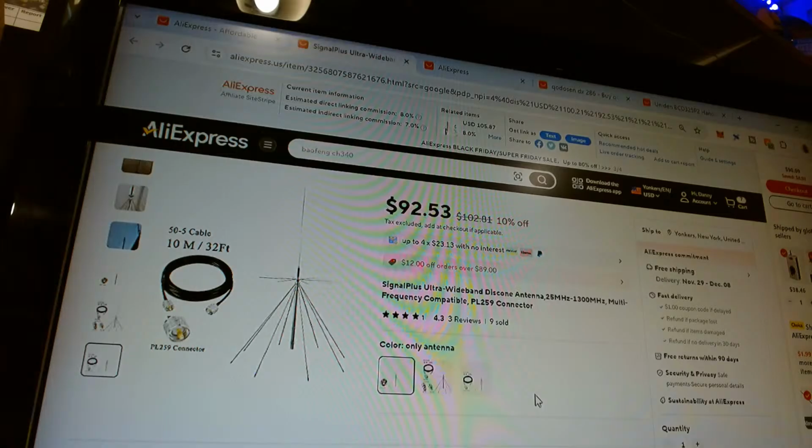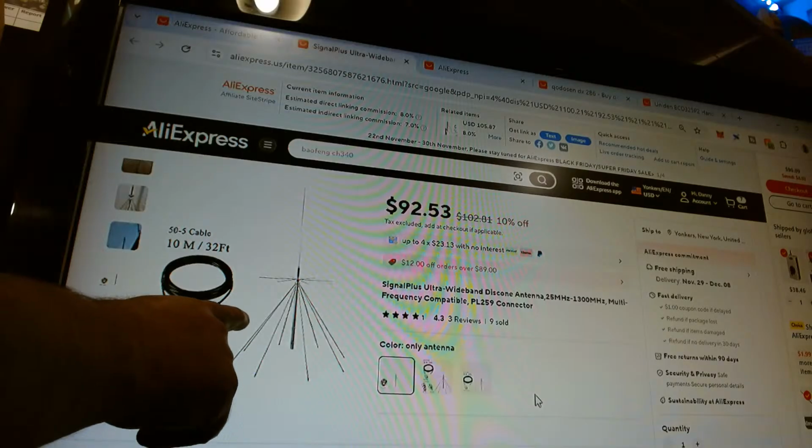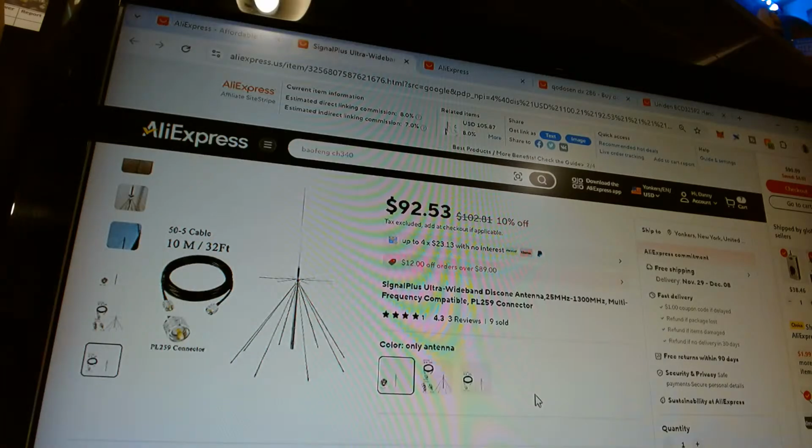I sent them the link to my YouTube video, and I got a QSL in the mail from them because this is the antenna that got me my first ever WWVB reception. That's the first time I ever heard that signal, and it was with a discone antenna all the way down into the longwave band.